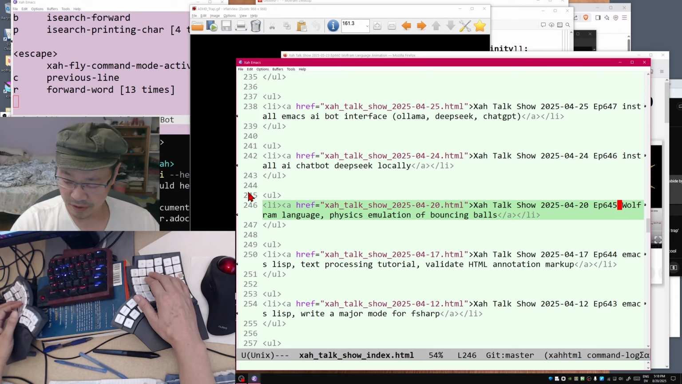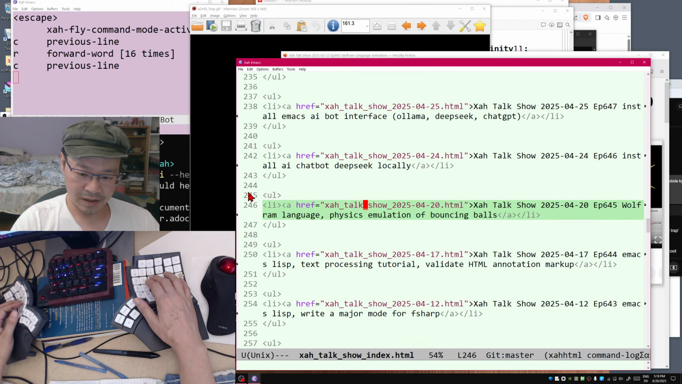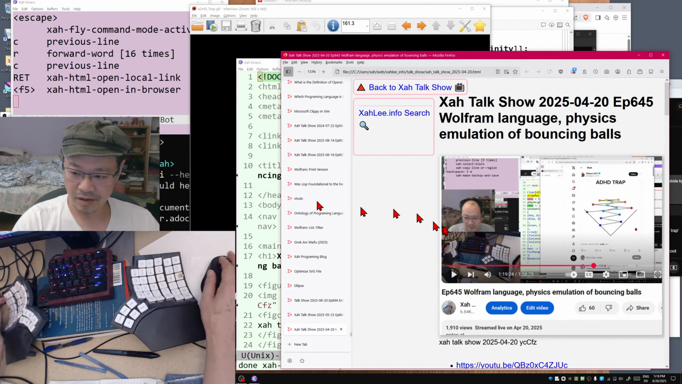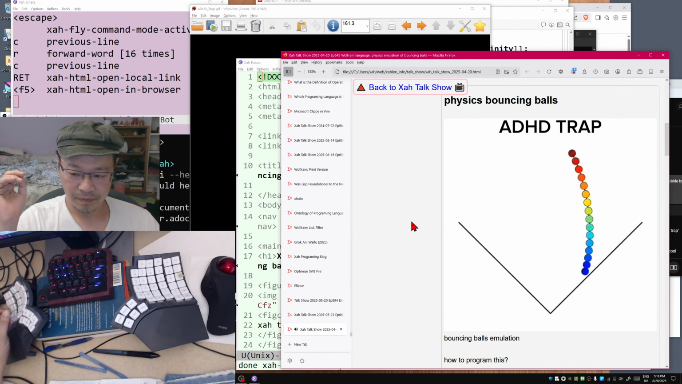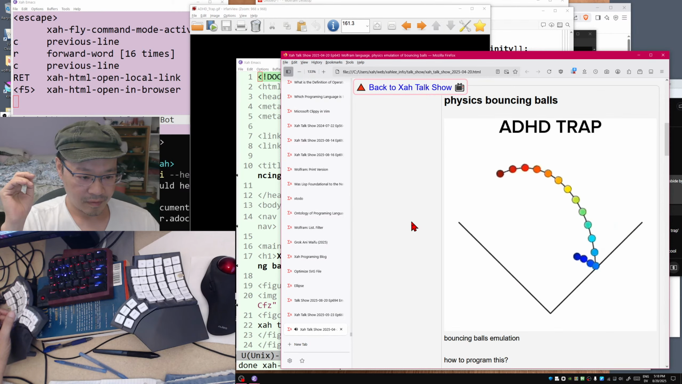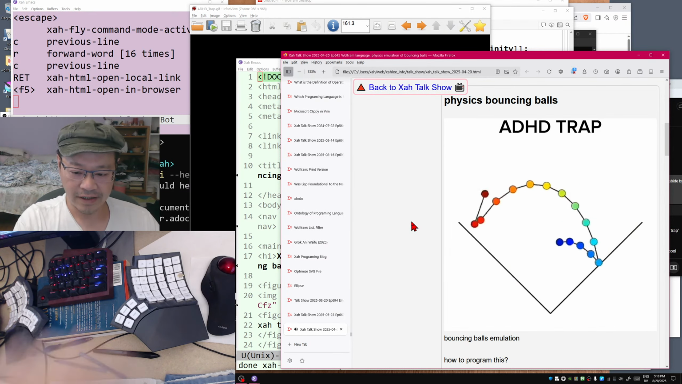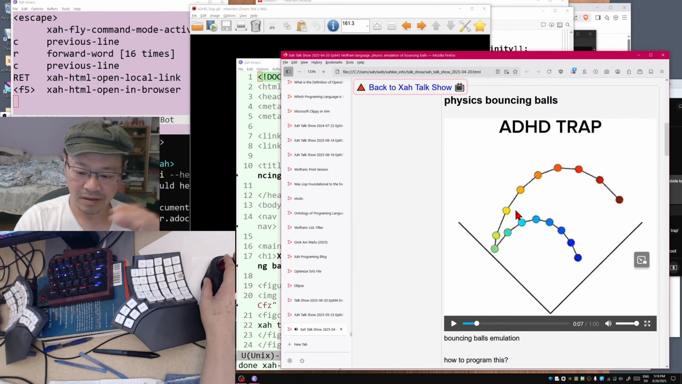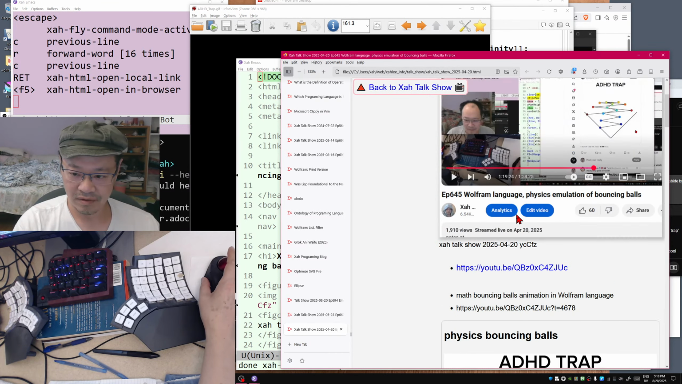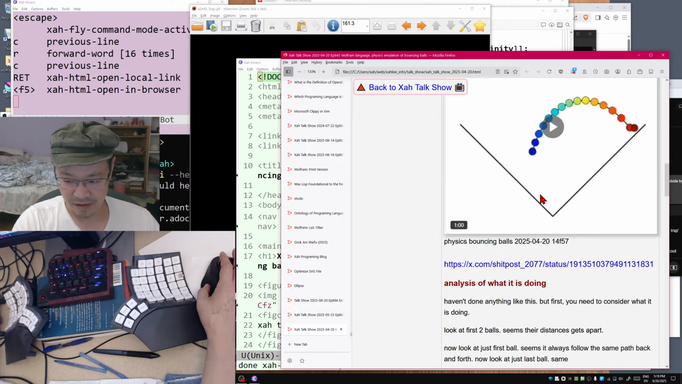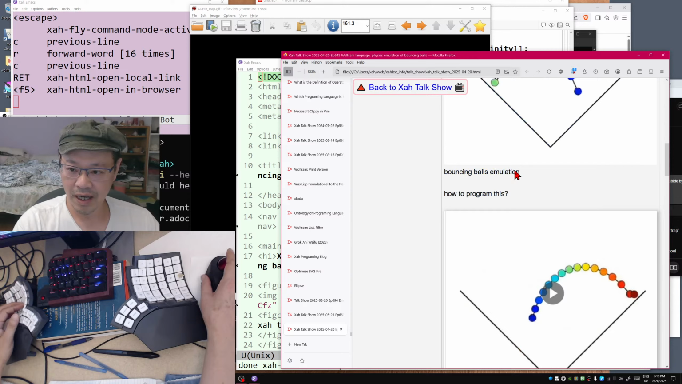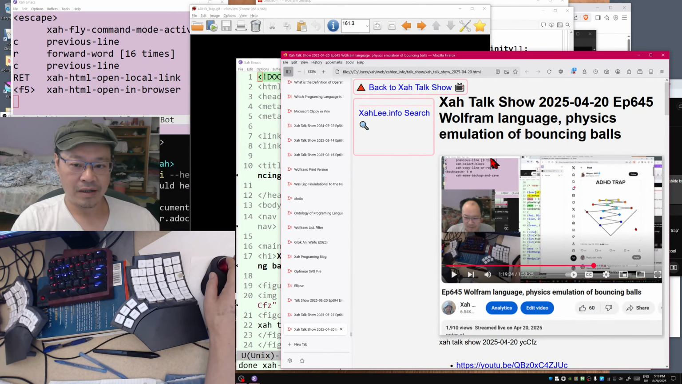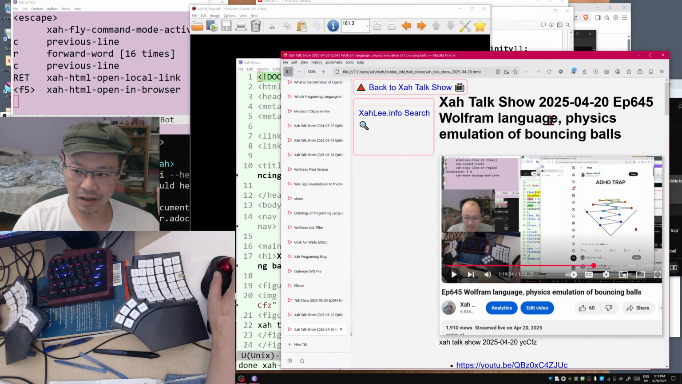April 20th, episode 645. Wolfram language physics emulation of bouncing balls. Okay, so there is this. Let me show that. Fascinating. So we did this. I saw this on Twitter, and I did it in Wolfram language. We coded this live, so check it out. And then a friend on the XAH Discord